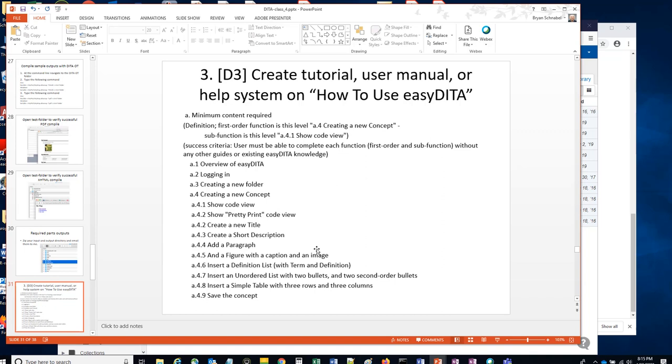The minimum content would be the first order function and the second level subfunction. And the success criteria is the user must be able to complete each function, first order function and subfunction, without any other guide or existing EasyDita knowledge. So your requirements will be all of these things. You would need to document an overview of EasyDita, how to log in, how to create a folder,